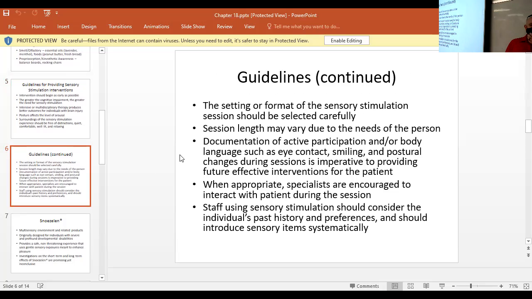Now, documentation. I'm not sure if I've talked enough about documentation in this class, but